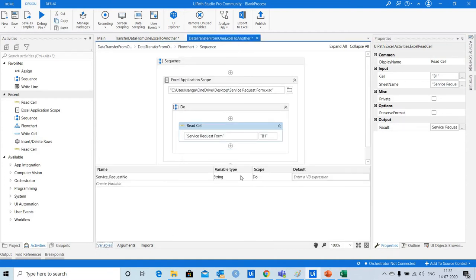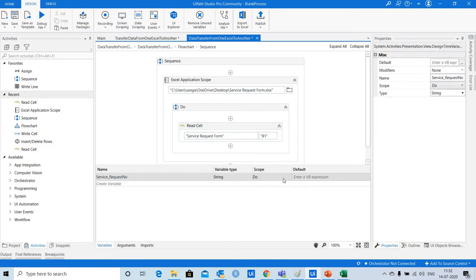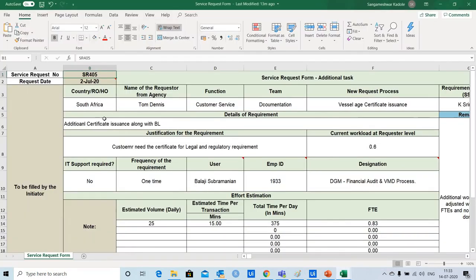So in the variables, I can define or adjust the scope to data transfer sequence. So let us continue.